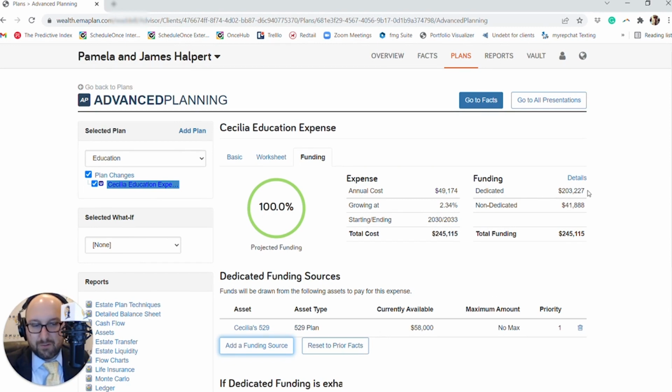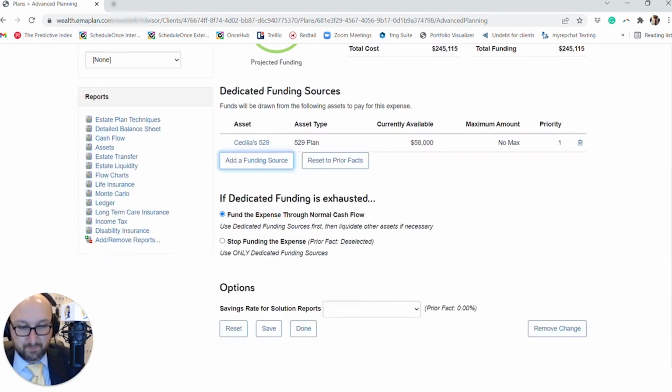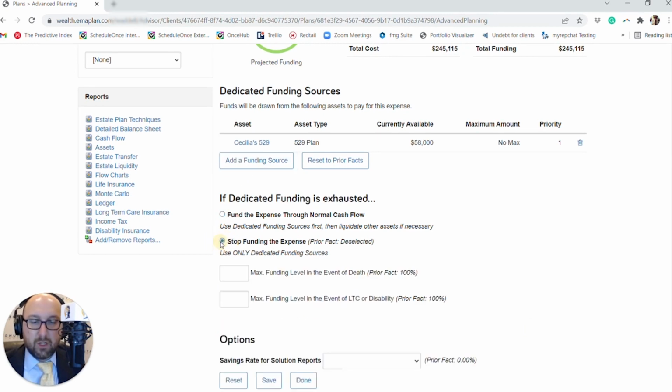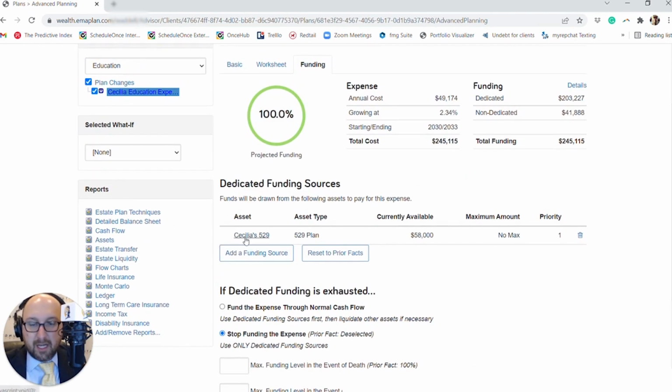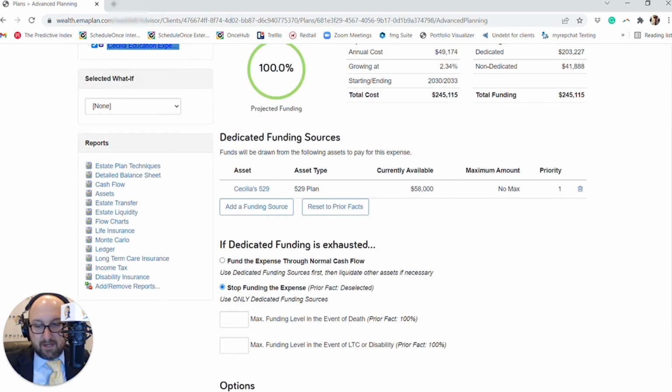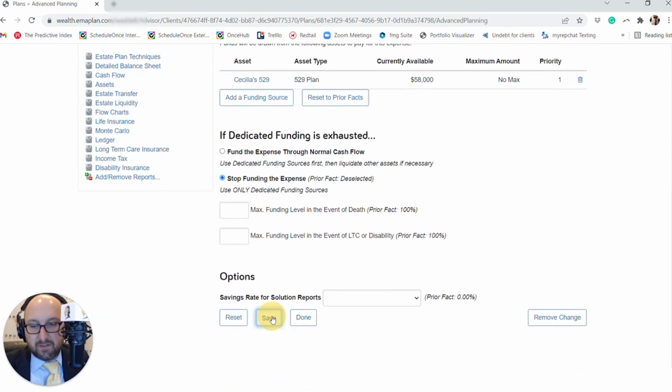It's future dollars, right? So you can see right there, it's really important to understand we just added that one in here. One of the ways you might want to show this is maybe a 529 plan as the base, and you want to show an alternative scenario where, what if we took part of your retirement account, part of your non-retirement account, and put it towards this? But the reason why I want to show you, if you do that, you can't show this separate from this. What if you want to show stopping the funding of the education and maybe getting rid of the 529 plan? What you would have to do in this scenario is, if you wanted to show these separately,